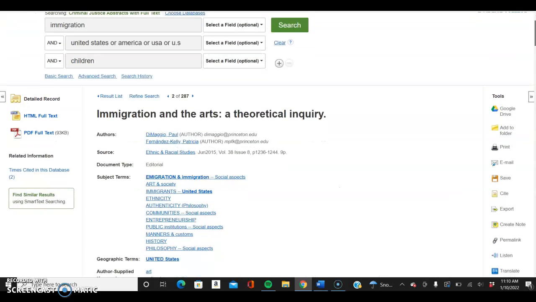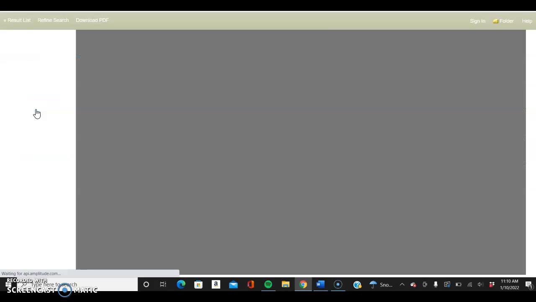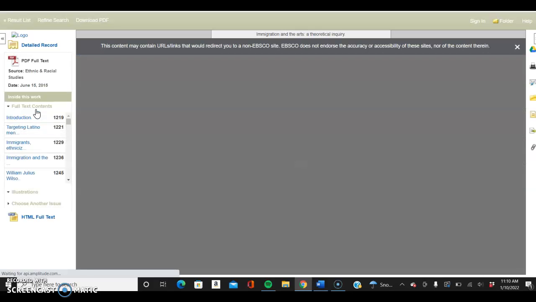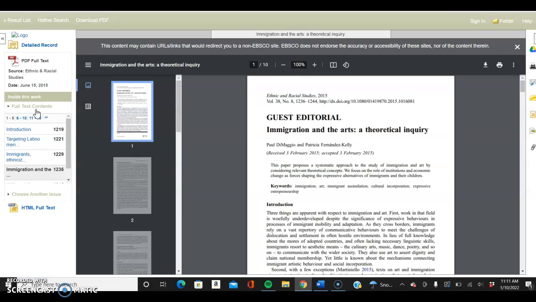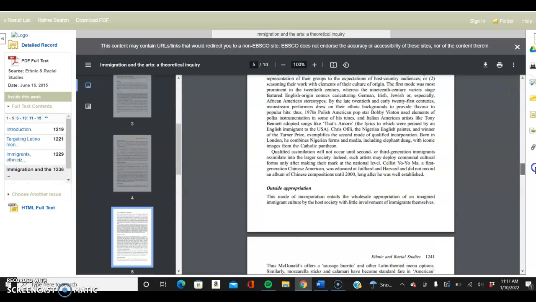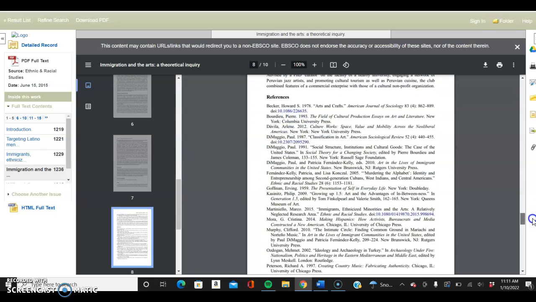And we could already see on the other page, on the results page, this was available in PDF full text, which is the most helpful because obviously then you'll be able to see the whole article right away. And here we can read the article right away on our device. And if we like it, then at the end of our article will be references. And these sources we may also be interested in.